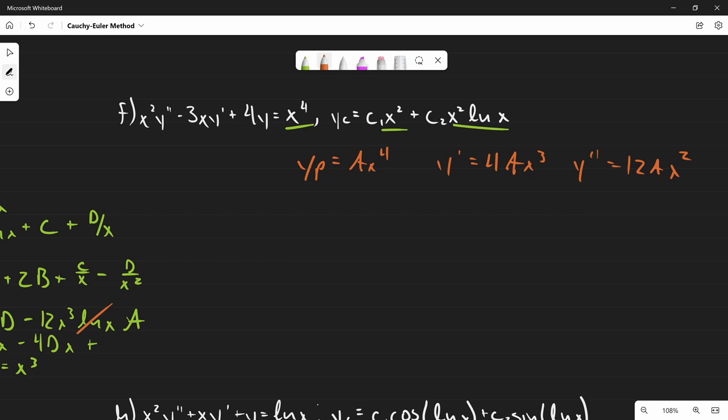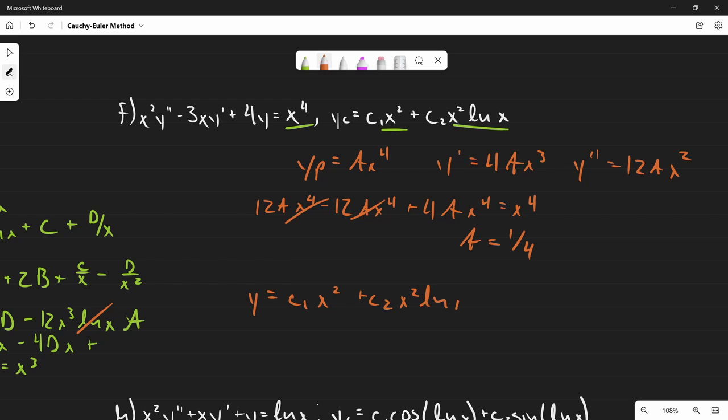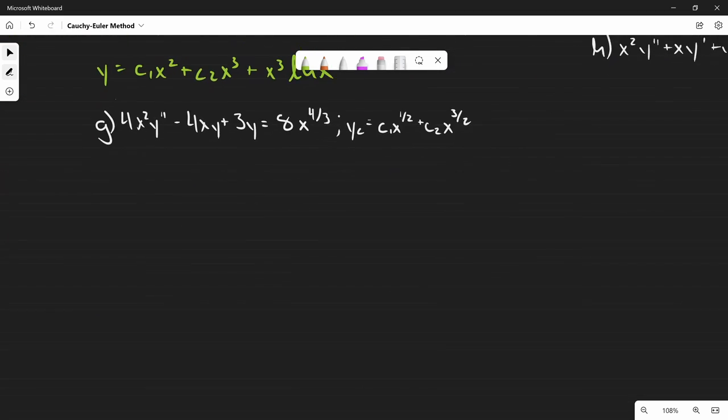Plugging it into the equation, we get 12ax to the fourth minus 12ax to the fourth plus 4ax to the fourth equaling x to the fourth. These two cancel out, making a equal to 1/4. So our general solution will be c1x squared plus c2x squared natural log of x plus x to the fourth over 4. And so for the last two,